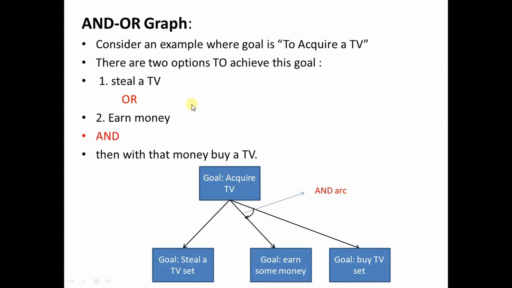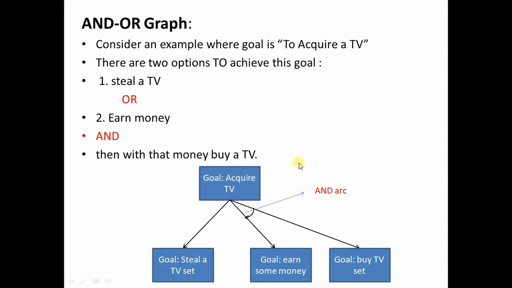Now since we are talking about problem reduction, what is the meaning of problem reduction? Problem reduction is a technique wherein, given a particular problem, you reduce the problem into sub problems, then you individually solve those two or n number of sub problems, and once you solve all those sub problems, you get your main problem also solved. So this is problem reduction: reduction of a problem into sub goals, or reduction of a goal into sub goals, all of which have to be solved in order to solve the goal itself, right?